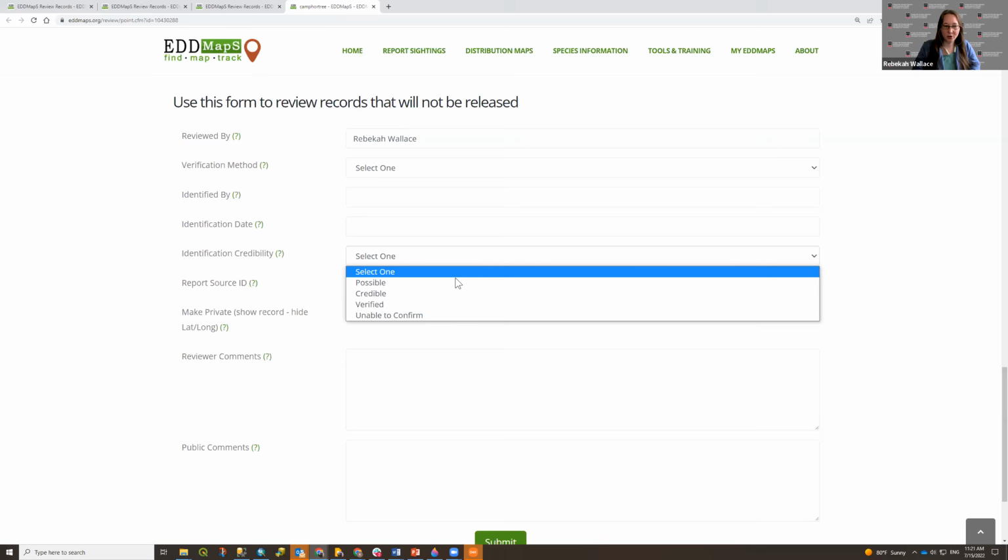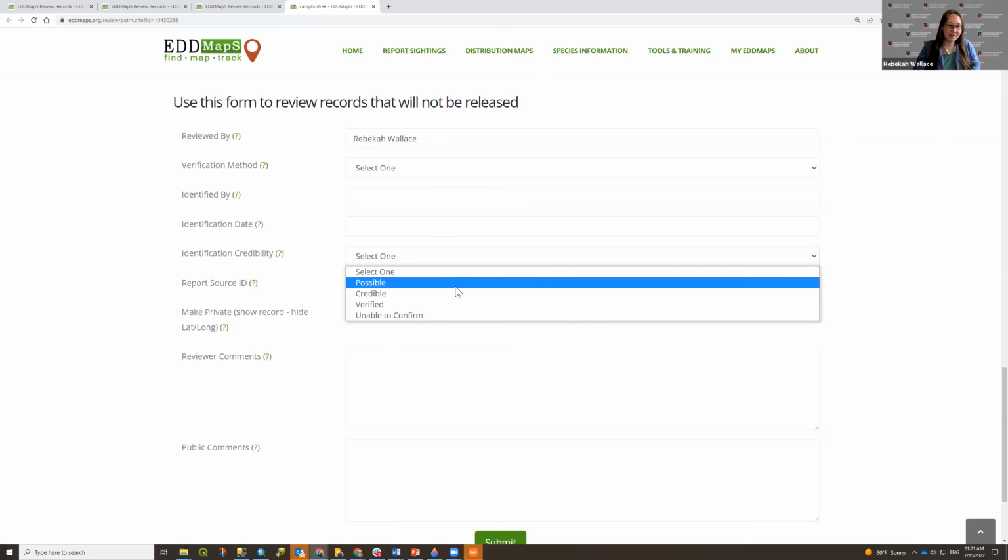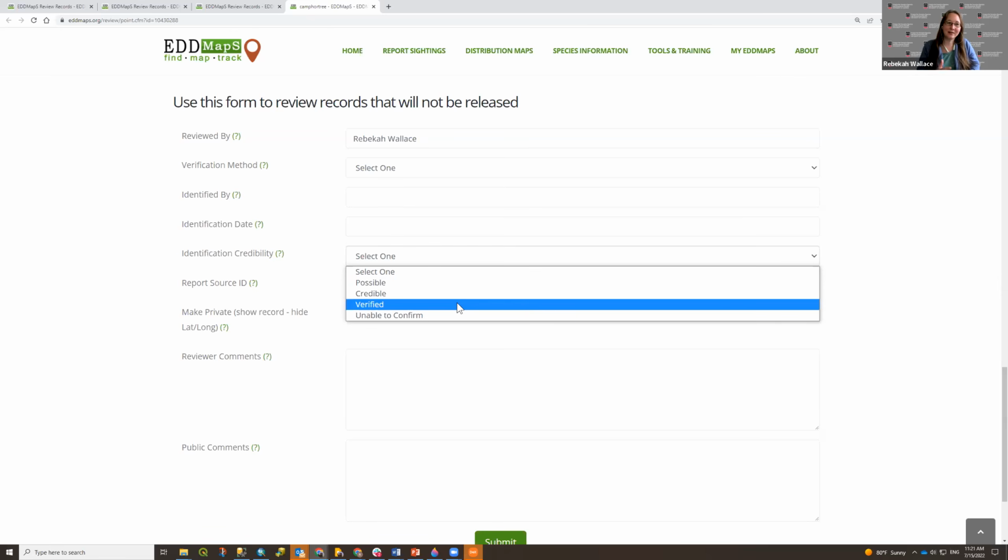Identification credibility. So you have in this section possible, credible, and verified, from least to most certainty with regards to the identification. We don't give a lot more instruction beyond that because it's highly variable by species and by location which of these would be appropriate. So if I were in a specific area that had no other species that looked like it whatsoever, I might be able to easily say it's verified from a photo.